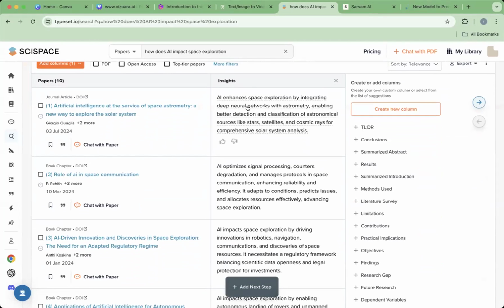So what's happening here is that because of generative AI, we are able to have the power to read the document and then summarize the document in the form of these insights. And this was not possible 5 years before. We could not summarize an entire document and get a lot of insights from that document, which is incredibly useful